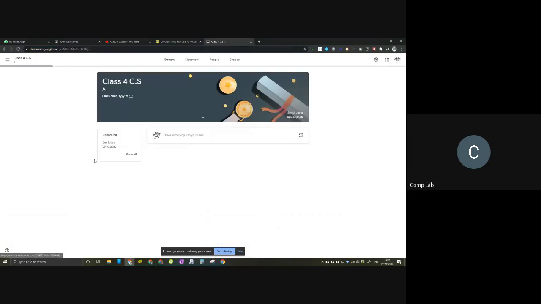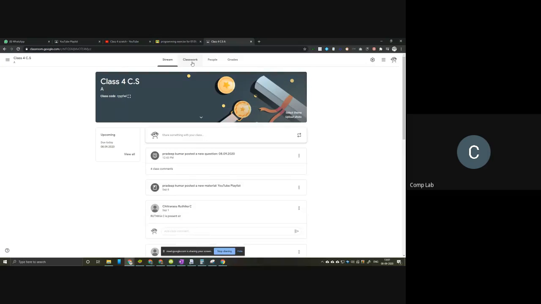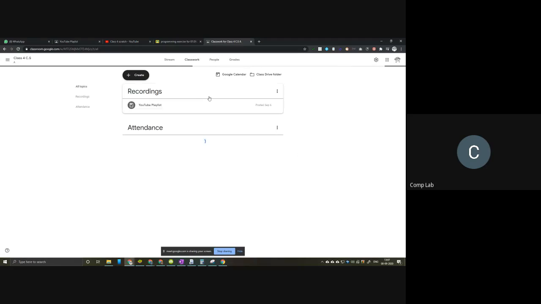You can go to your classroom, and then you can go to the classwork section. There are three sections: stream, classwork, and people. Just go to the classwork section. Here you will see all the material that we are posting. If we have time, we'll post the book, maybe the answers, or some questions. We'll post all our content here in the classwork section. Among all these materials, we'll be posting the recordings also. Right now we are recording this class. Once the class is over, we'll receive the recording from Google, and then we'll post it in this YouTube playlist.